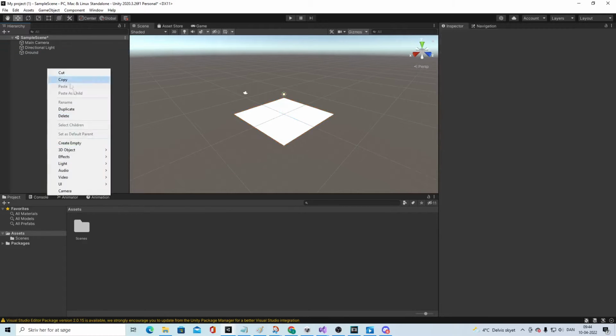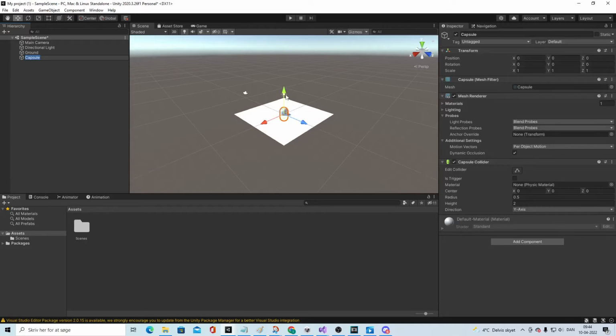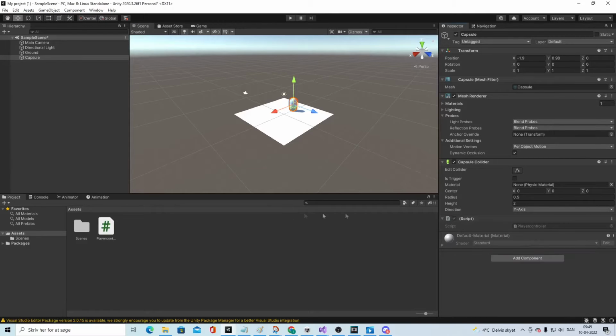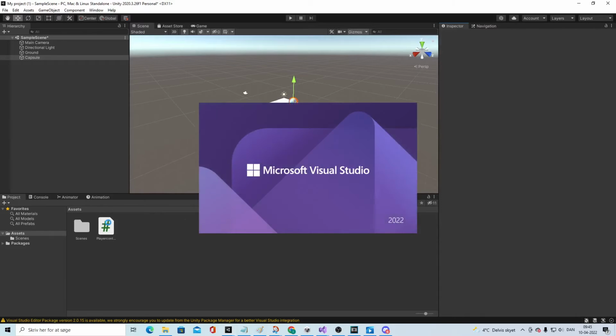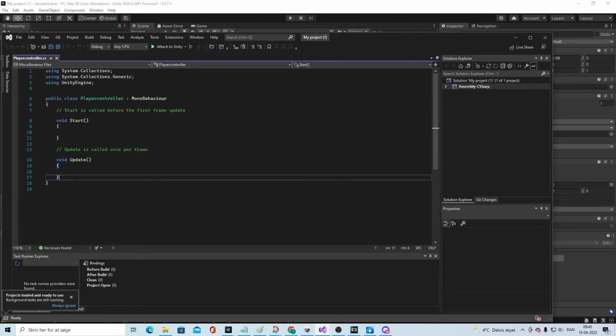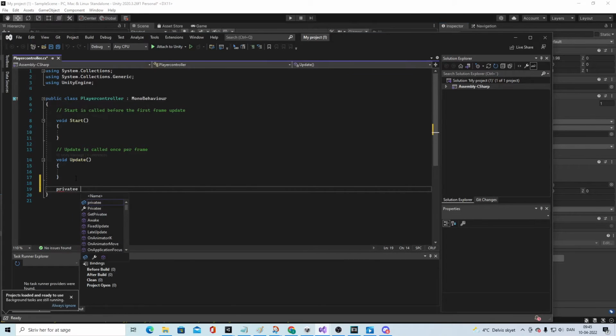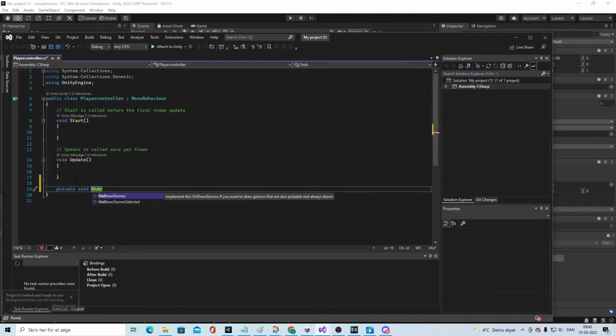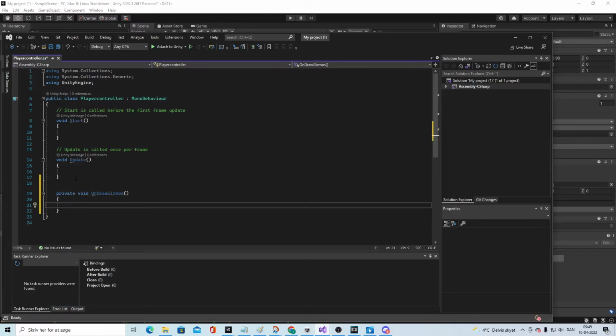Then we're gonna add a player. So we're gonna say a capsule like that, put in the capsule like this. And this will be your player, and then you probably will have a script on him that could be your player controller script. So you're gonna add a player controller script, and inside that you have all your movements and stuff, and in the bottom part, you can write private void OnDrawGizmos, and